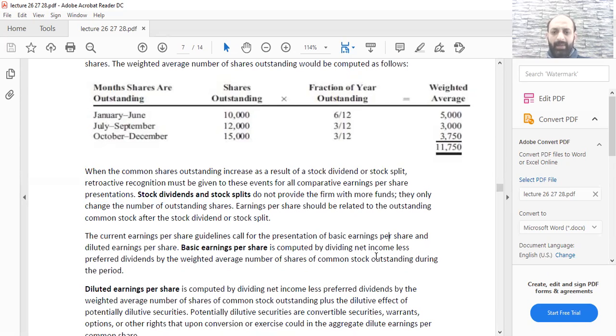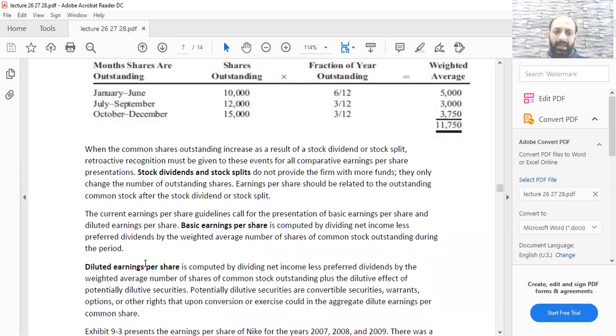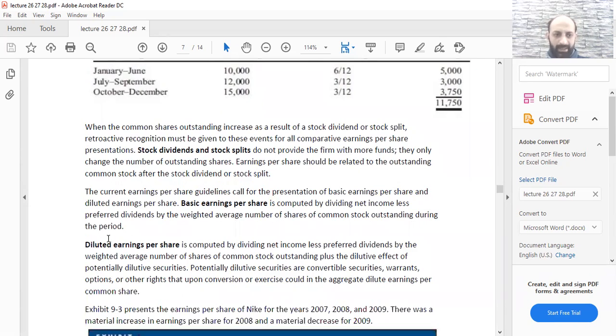It is computed by dividing net income less preferred dividends by the weighted average number of shares of common stock outstanding during the period, जैसे हमने अभी देखा था। जो आपका diluted earnings per share है, it is computed by dividing net income less preferred dividends by the weighted average number of shares of common stock outstanding plus the dilutive effect of potentially dilutive securities। तो जो आपका diluted earnings per share है इसमें आप बेसिक शेयर्स के अलावा